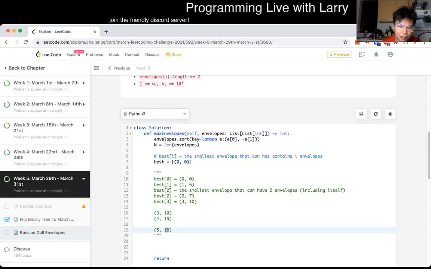Let's say this is 5/12. Well, if this is 5/12, then you cannot extend this to 4/15. So you would update this to 5/12, right? Because you cannot extend 4/15 anyway. So then on the last number,